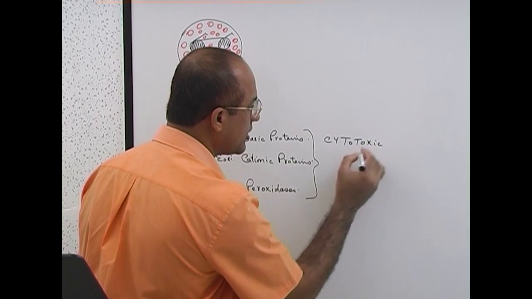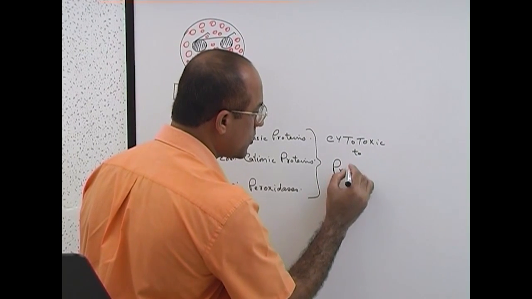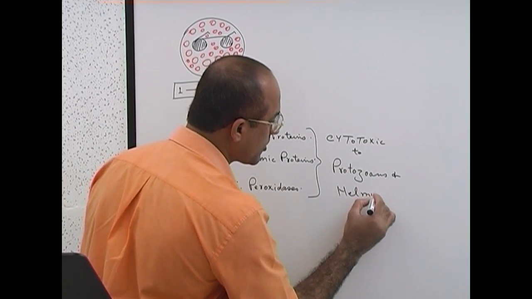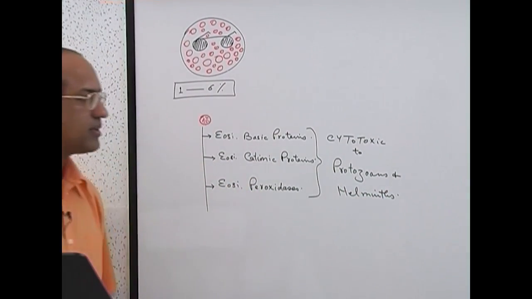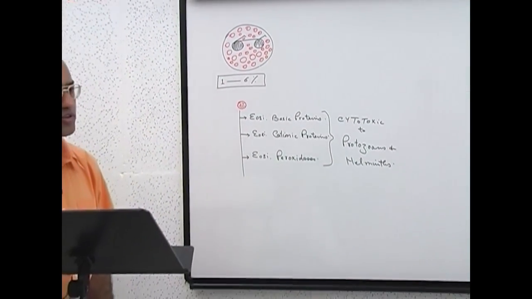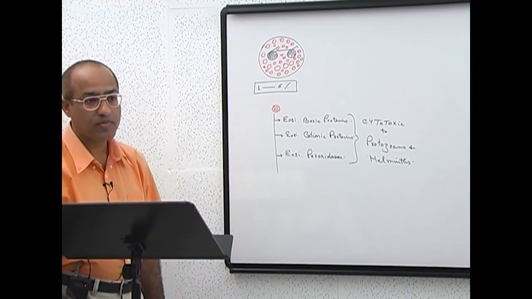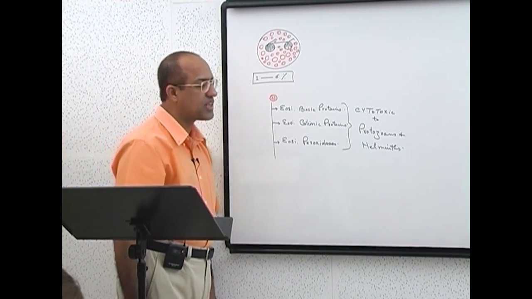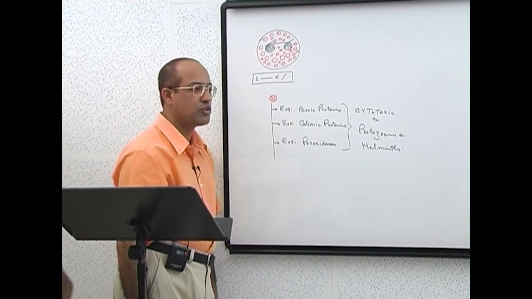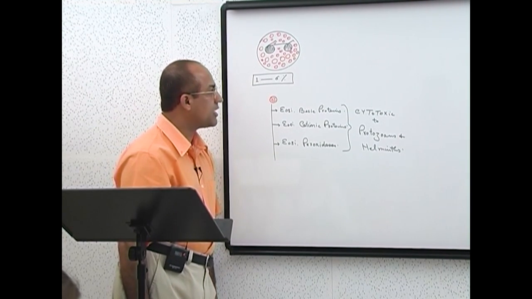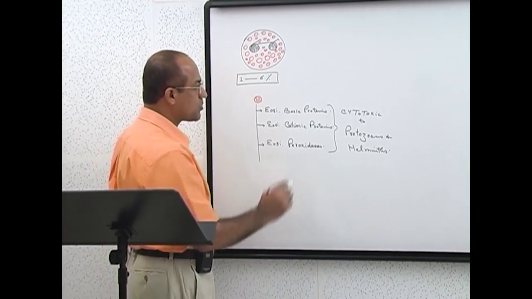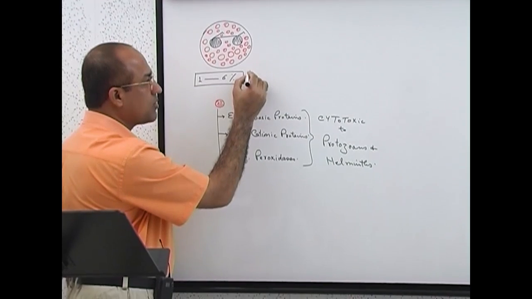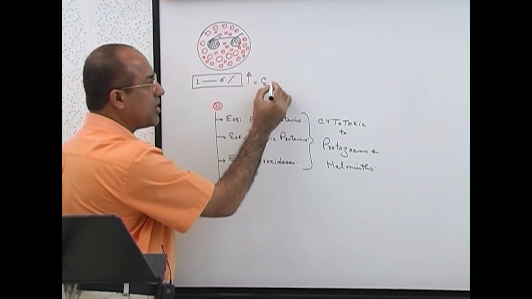Cytotoxic means they kill the cells. Cytotoxic to protozoans and helminths, right? Now you can understand that eosinophils play a major role in killing protozoans and helminths, right? And anyone who is heavily infested with parasites, in the blood of this person the eosinophil number will go up, right? And if you are heavily loaded with parasites or protozoans, then your eosinophil number will be more than 6%. And if your eosinophil number is more than 6%, we say in the blood you have